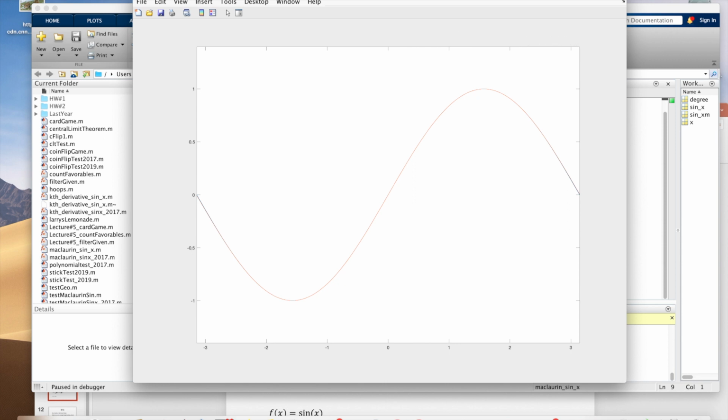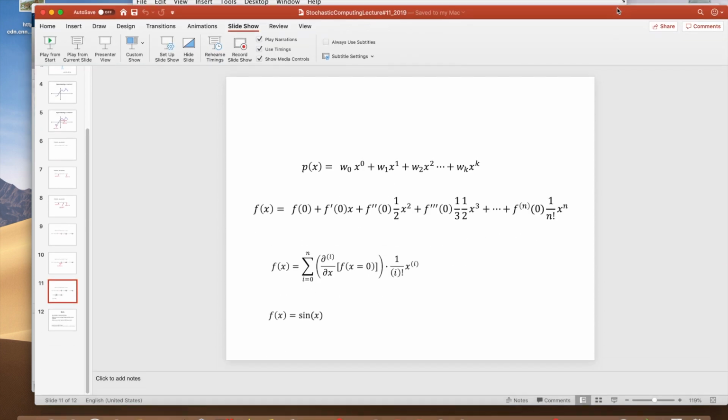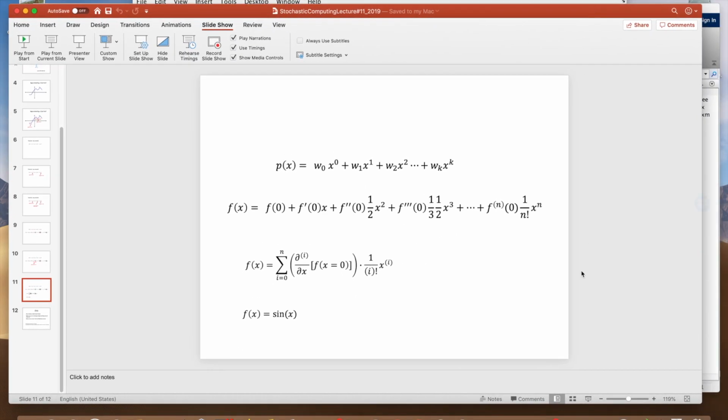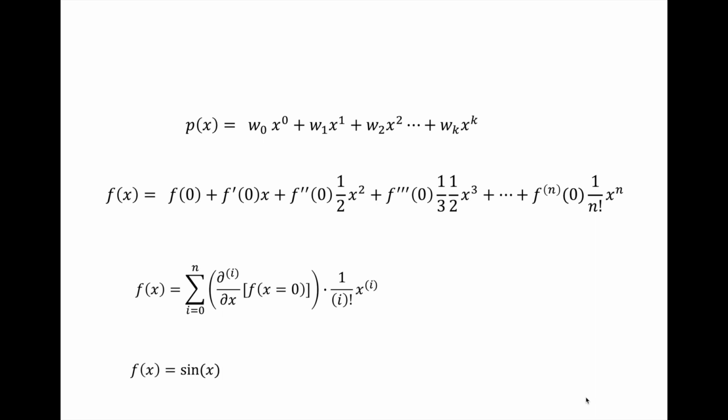Okay. Any questions about this? Does that make sense? Okay, so when we talk about the Poisson distribution, you will see the Maclaurin series, but I wanted to take this opportunity to try to re-explain, hopefully in a way that is more accessible, what a polynomial is, and more importantly, what the Maclaurin series is. Now, certainly in probability and statistics, you make use of Taylor and Maclaurin series for derivations, and these approximations are really important in computer science in general, because you'll notice here I needed 9 terms to approximate the sine wave.